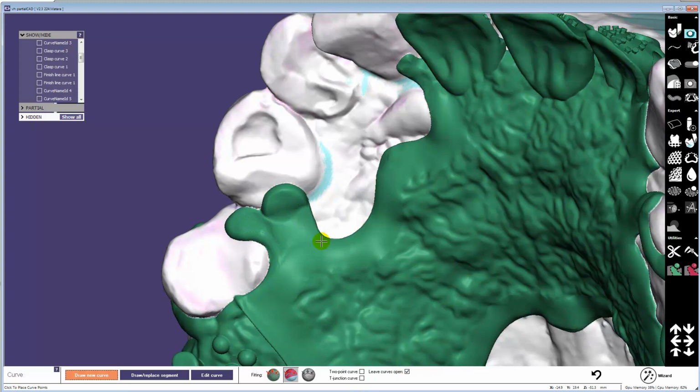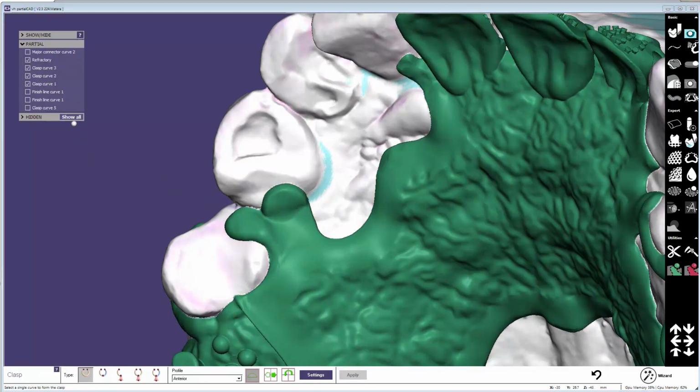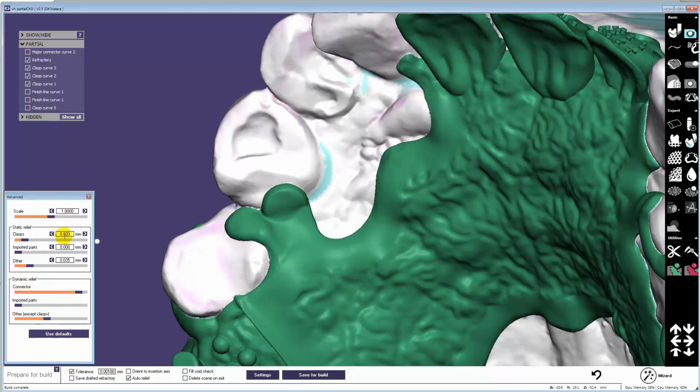And make a tiny clasp. It doesn't need to be visible. The point is that when I apply this, that really didn't change anything. It did add this clasp curve 5, which you can see is here, and this will force the software now to recognize this as part of the curve. And then when we're in auto relief here, it will apply the 20 micron offset as opposed to the more